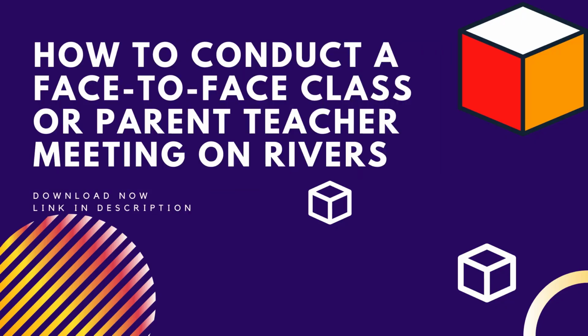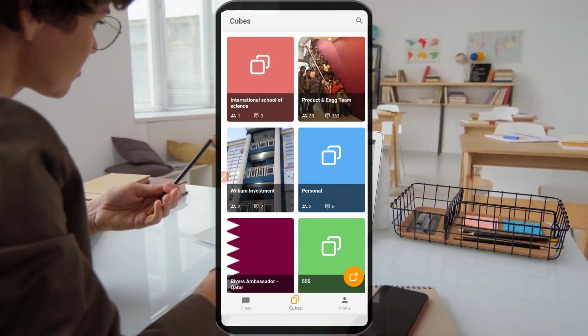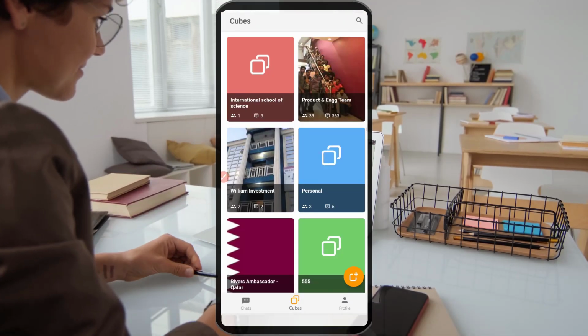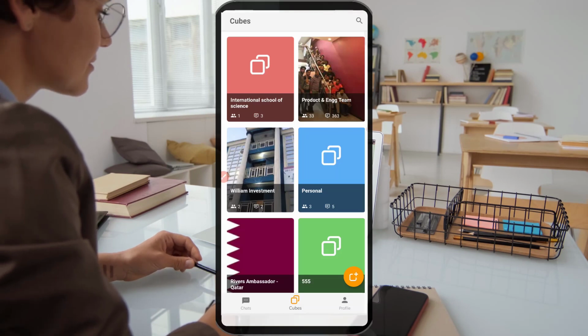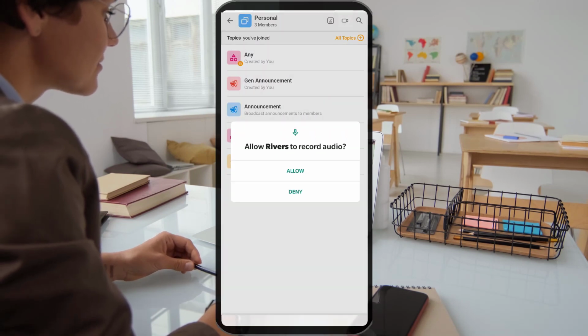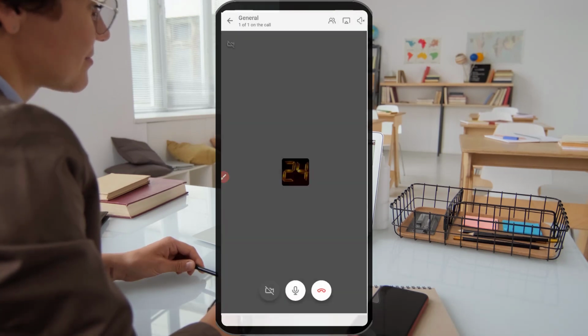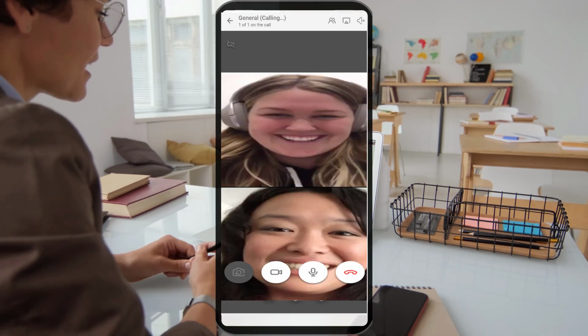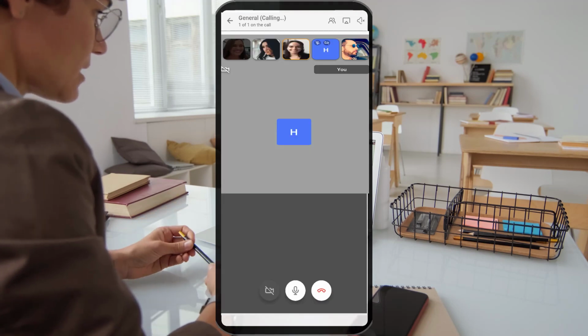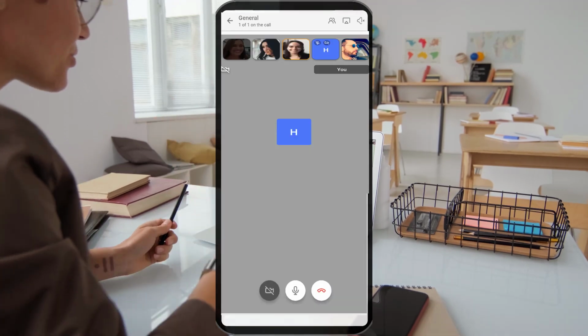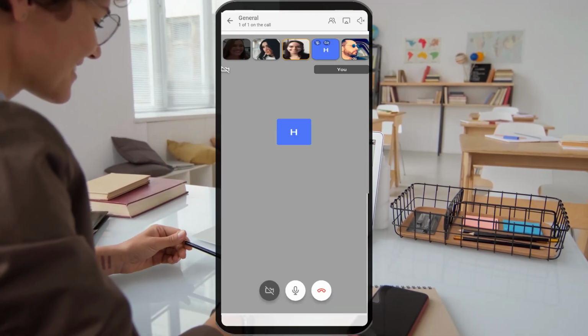To start a video meeting, click on the call option on the right hand side top of the screen, and from here you can start the video meeting. While inside the video meeting, you have different options to pause, mute, show or hide video, and share your screen, which can be utilized for an effective video meeting.